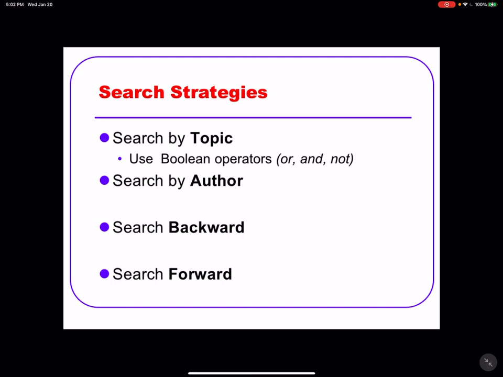You would go backward to the bibliography of your textbook, get the exact citation for the article, and look it up that way. The easiest way to do that is just put the whole thing into the search box. The other thing that can be very useful, and in fact, it can be useful in combination with the other searches, is to search forward. Because we know that we want the latest and greatest information available. We know that science builds upon each other,